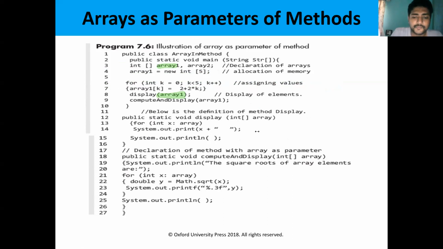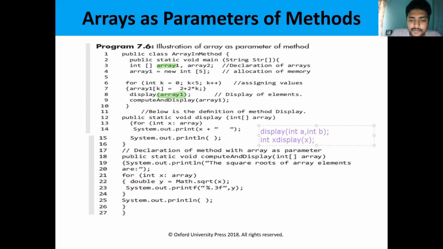Let us see this. Suppose the method name is display. So display is the method. In general, if you have variables, int a, int b, like that we can pass the parameters. We can also pass the parameters by using an array. Suppose you take the array name as x, you can pass the parameter as an array. So here x is an array.